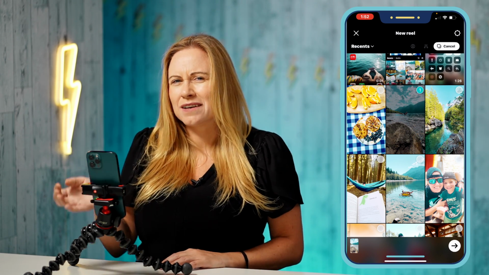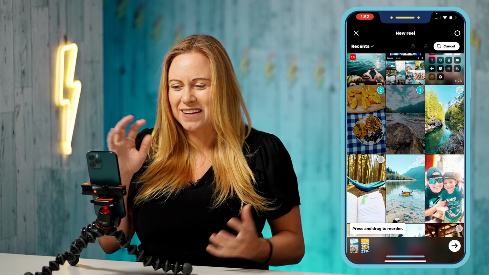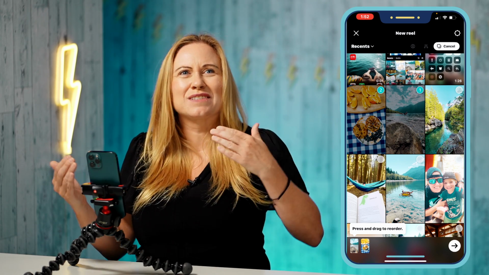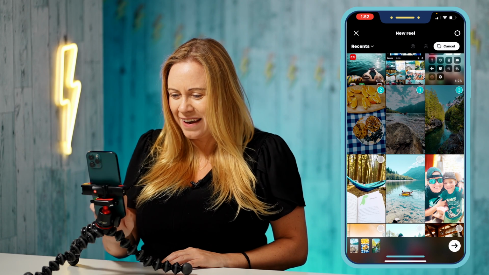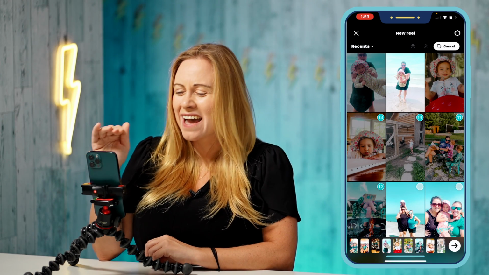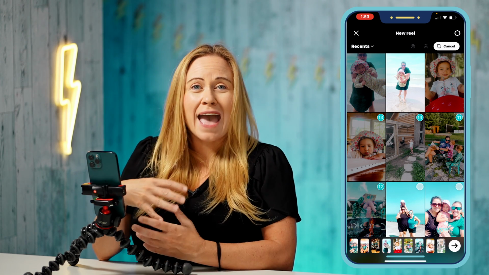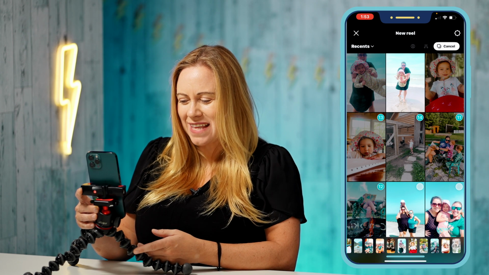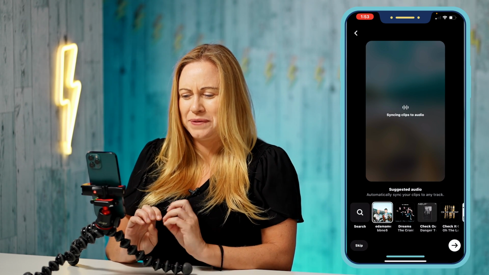A good thing to consider when adding photos is to go from a wide shot to a close-up shot, because that's going to allow you to have more variety when it switches from one photo to the next in your video. So I'm going to add a bunch of photos. I have my photos selected and I only added 14, but you can add up to 50 different photos. Once you have them selected, you press the arrow and it's going to auto-generate the reel for you,